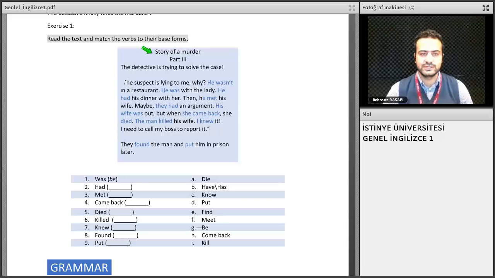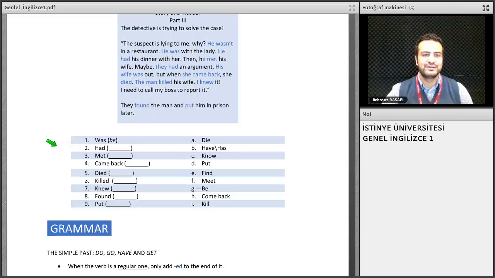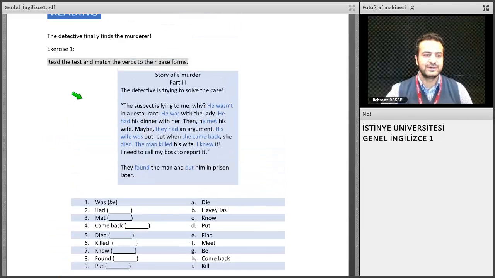He wasn't in a restaurant. He was with the lady. He had his dinner with her. Then he met his wife. Maybe they had an argument. His wife was out, but when she came back, she died. The man killed his wife. I knew it. I need to call my boss to report it. They found the man and put him in prison later. So this is how the detective found the murderer and